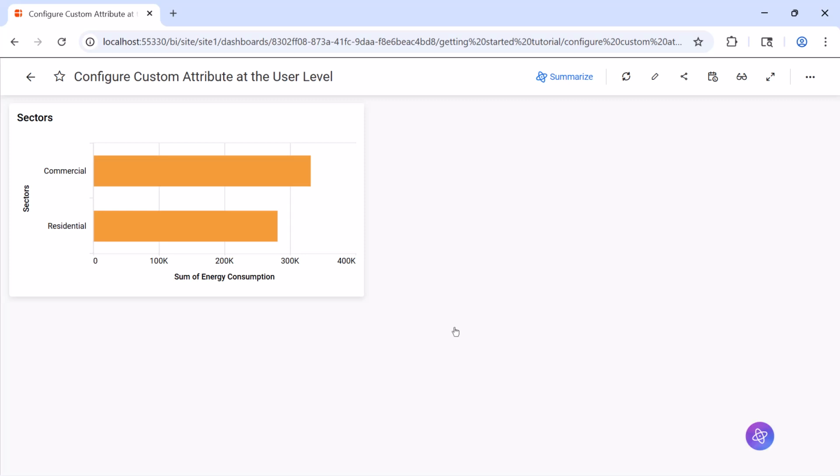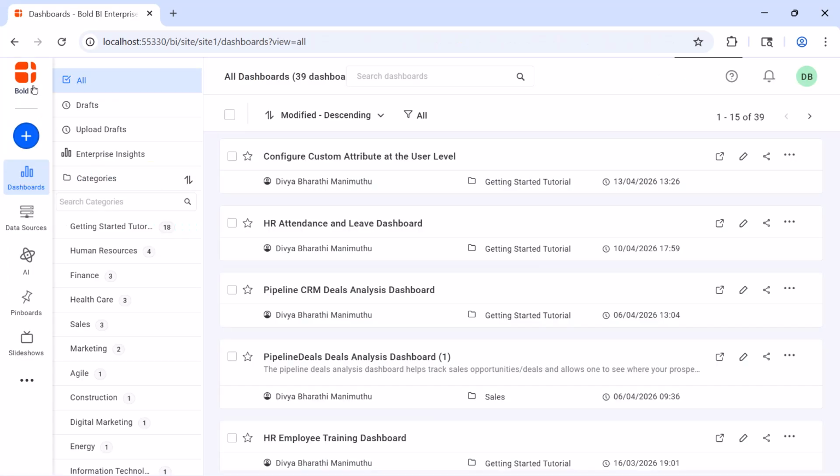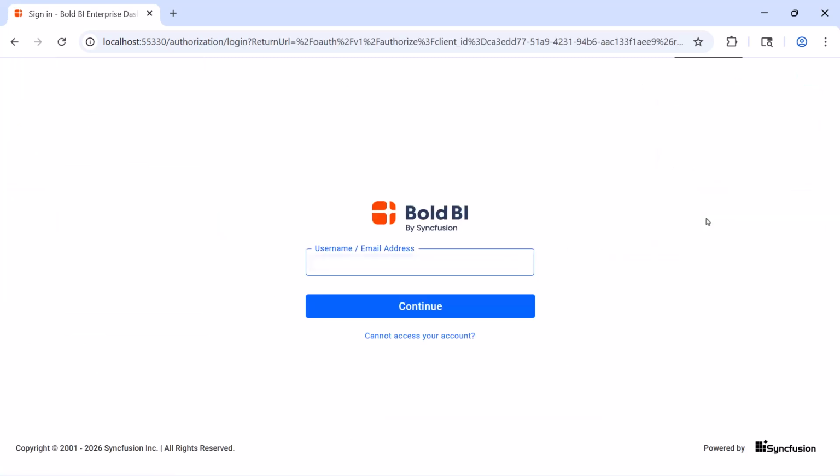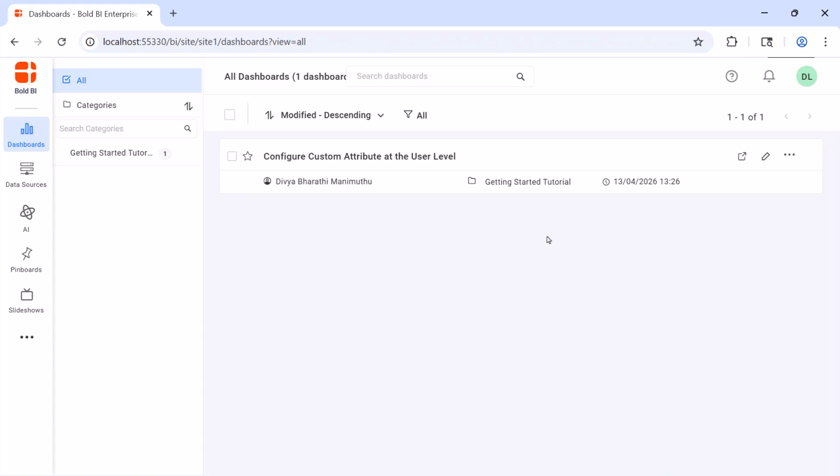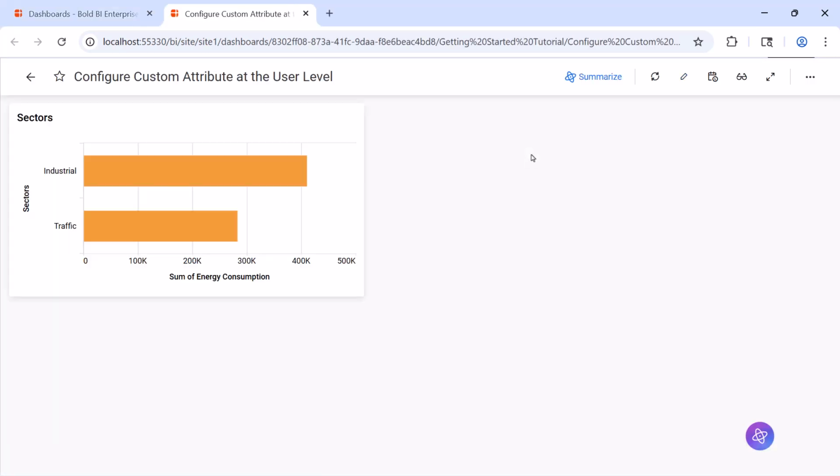Since I have assigned the attribute value as residential and commercial for this user, commercial and residential values are only displayed. Then log out this user and log in another user. Since I have assigned the attribute value as traffic and industrial for this user, industrial and traffic values are only